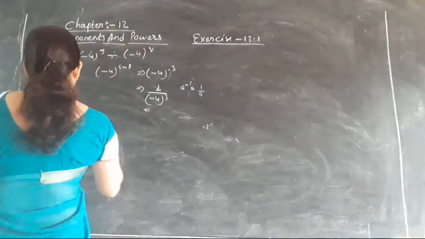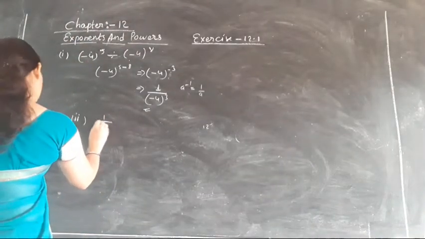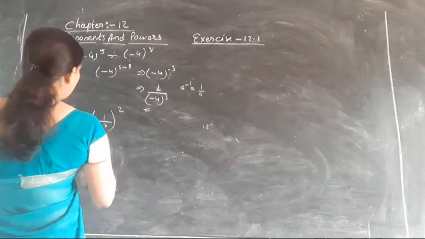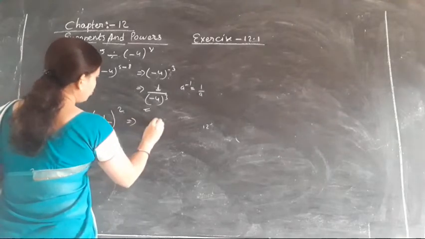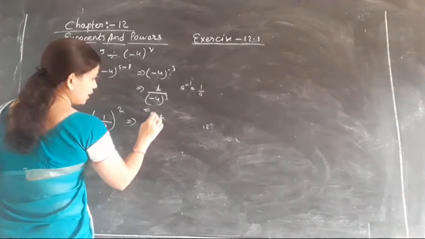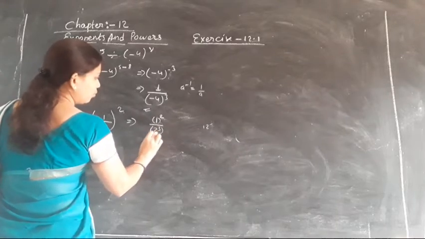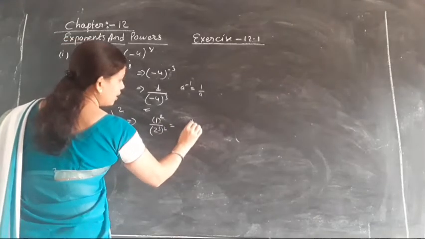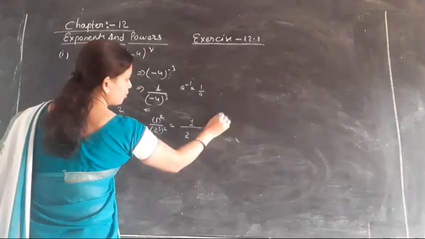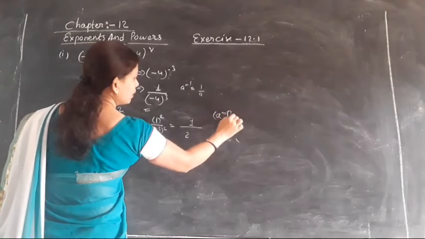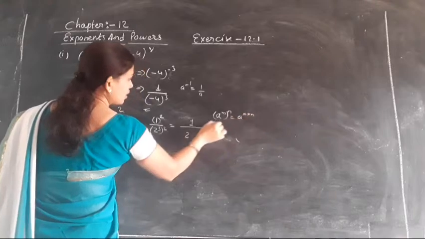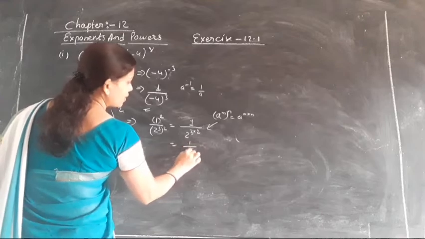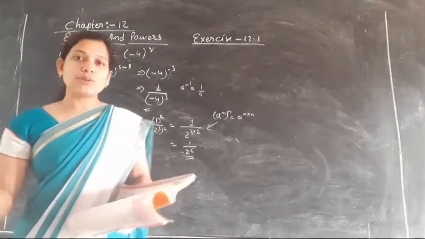Okay. So here the second part of question number 2 we are having 1 upon 2 to the power 3 whole to the power 2, isn't it? So you can see over here the power is there. So this power will be multiplied with the power 1, and with 2, 3 is the power of 2, isn't it, and this power will be multiplied with it as well. So when 1 into 1 will be 1, it will be 1 only. And here in the laws of exponent you have to remember a to the power m whole to the power n is equal to a to the power m into n. So using this law of exponent, here 2 into 3 into 2 will become 1 upon 2 to the power 6, which is a positive exponent, isn't it?